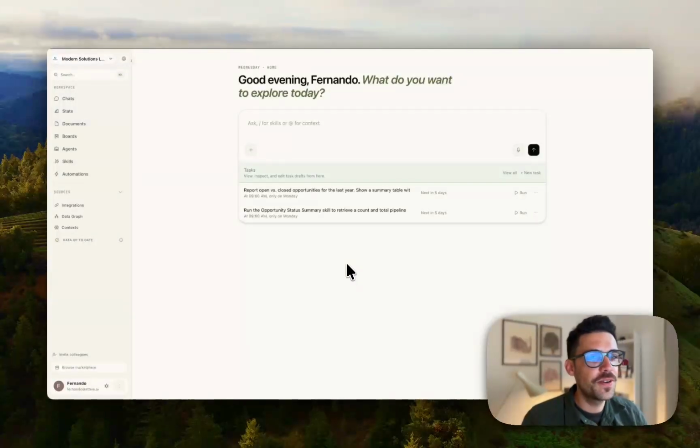Hi there, today I'm going to show you Attive 2.0, which is probably our biggest release yet. Attive 2.0 is packed with a lot of new features, but the first one I want to show you is